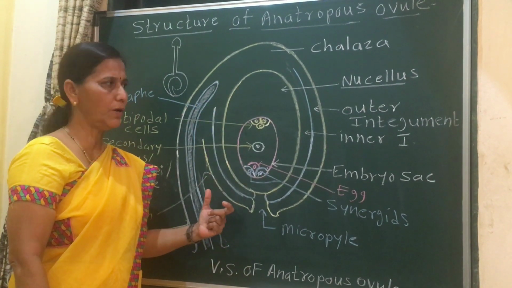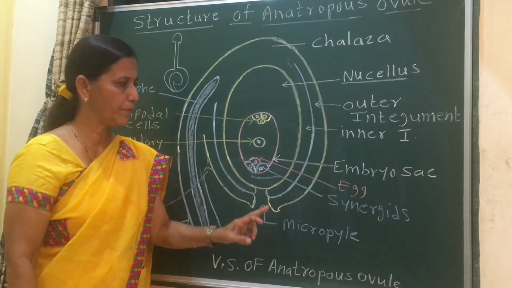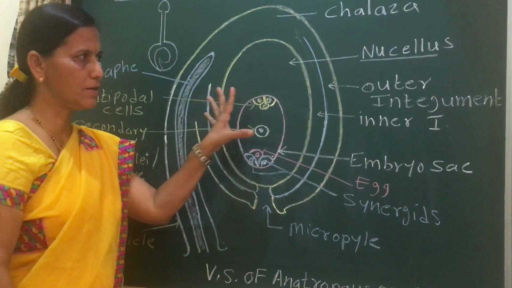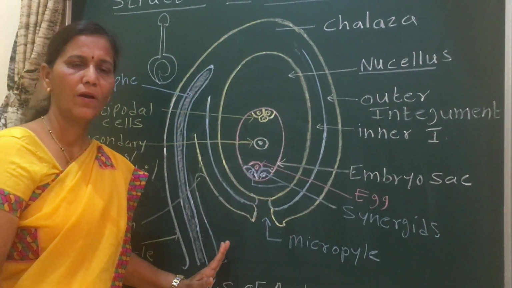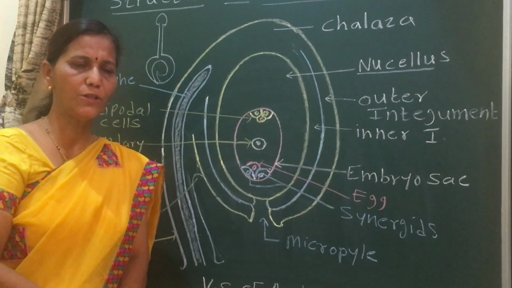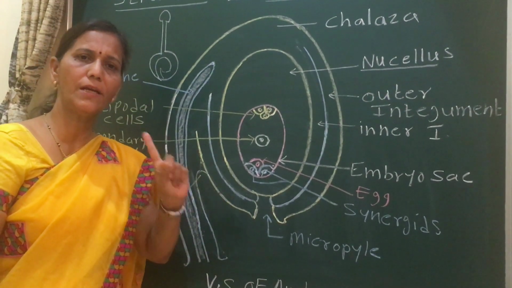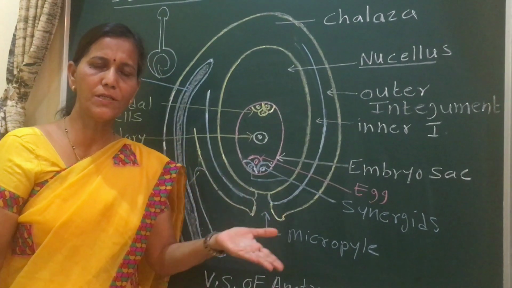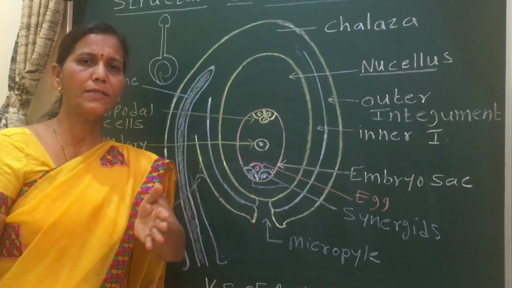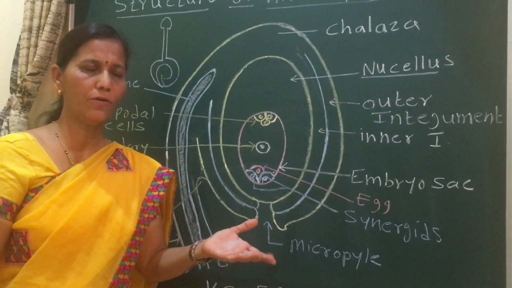First is the structure of the ovule. Second definition, it is integumented megasporangium. Means this is megasporangium which is covered by integument. This structure is called as ovule. Our third definition, it is a forerunner of the seed. Means in future, from this ovule, seeds are produced. From a single ovule, a single seed is produced. If many ovules are present in the ovary, many seeds are produced in that ovary. And that ovary gets converted into fruit.